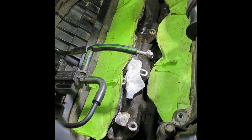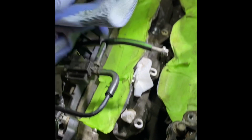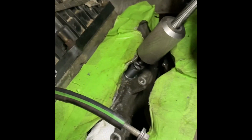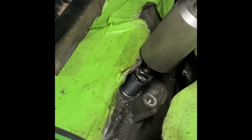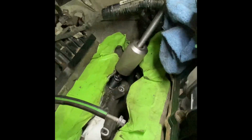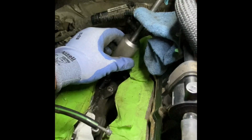And yeah, so I'd highly recommend using an M20. And then just thread it in. Okay, make sure that little adapter we made up is tight in there. Put a ratchet on it, tighten it. Then we got our little slide hammer on there, make sure that's tight, and then just want to go like that and